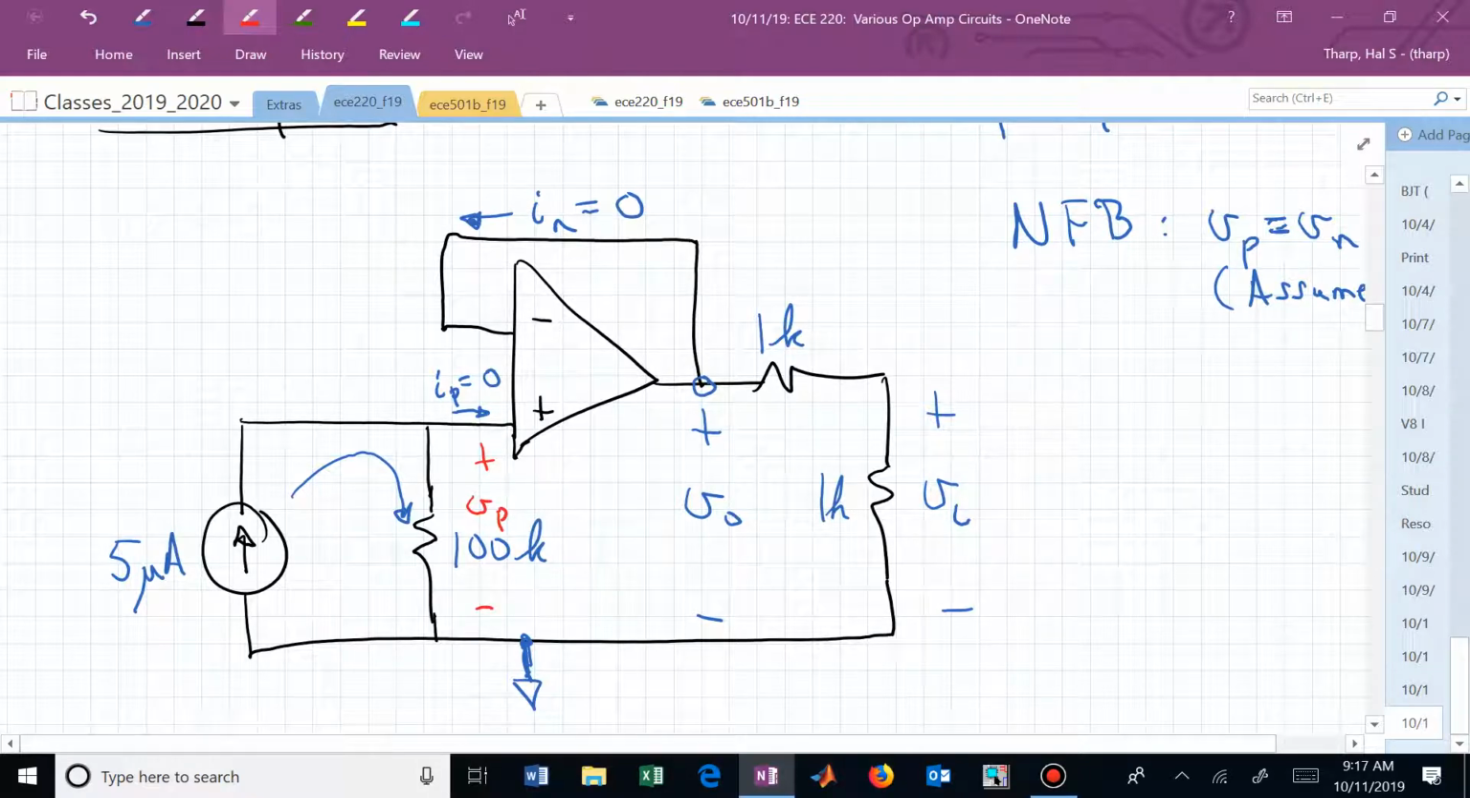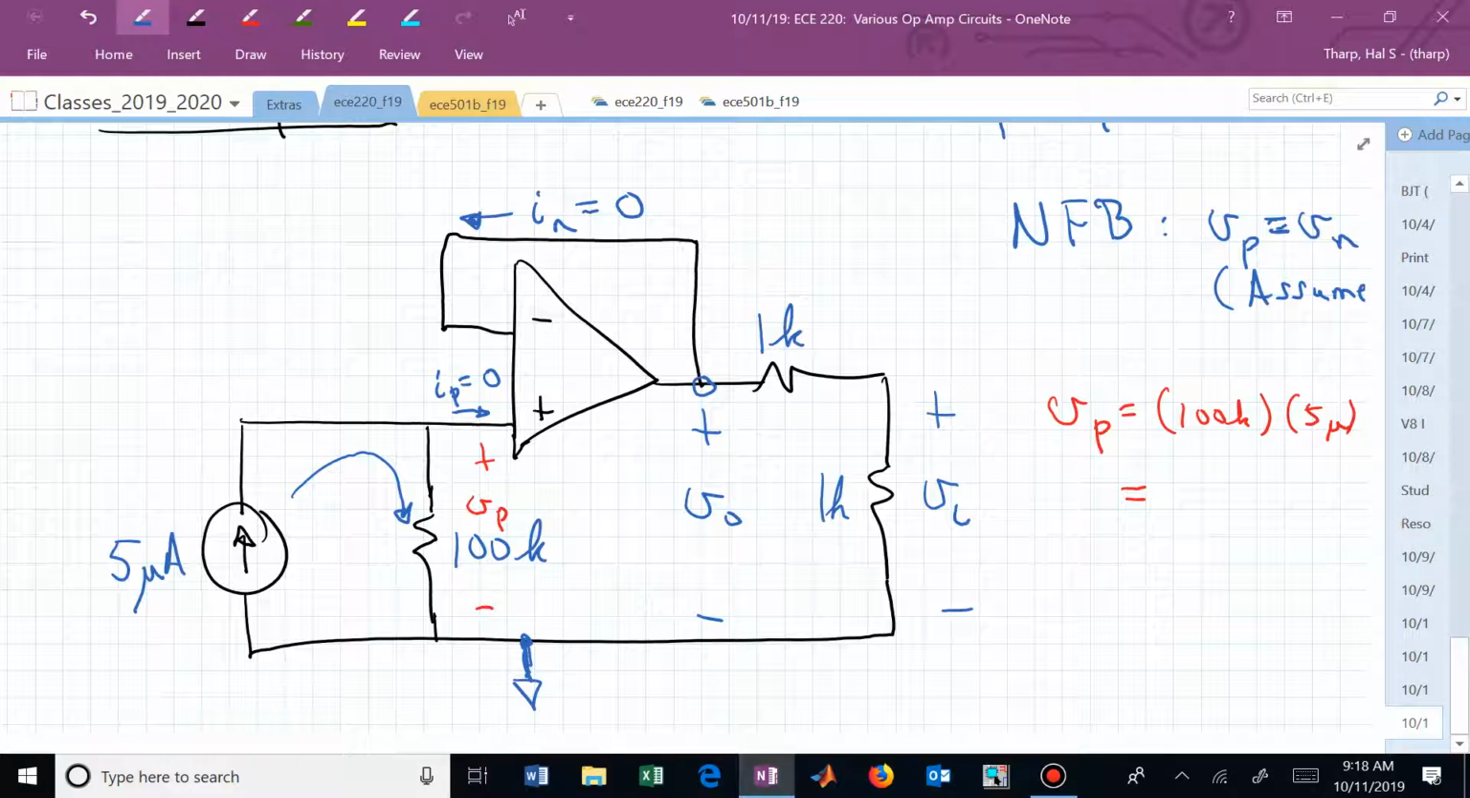V sub P. We're trying to find V sub L. What's V sub P? That's now Ohm's law. That's 100K times 5 micro. So now we have a little bit different. We need to keep track of the K and the mu. We have 500